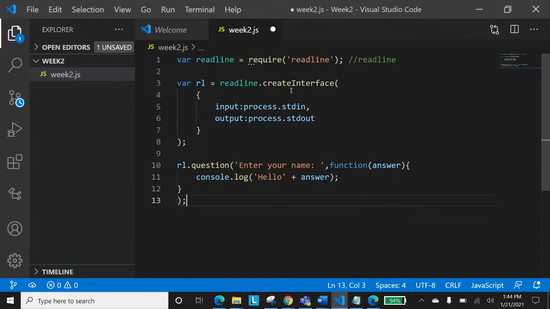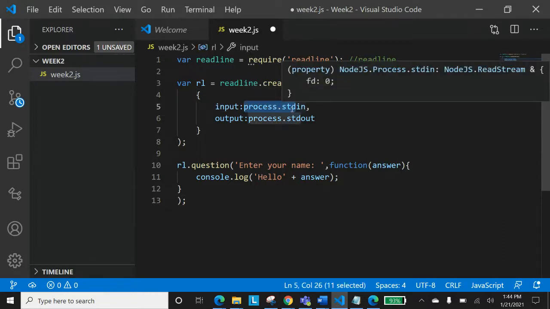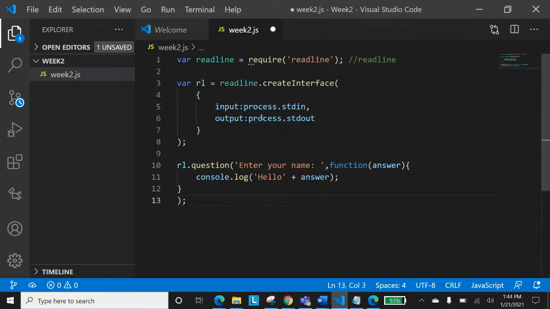First of all, it is creating an interface with the name rl. rl will be created by using the readline method, and that interface will provide us the facility of input and output. And how is it providing that? By using that process module, that giant process module that we have discussed. And by using that, we have used a method called question, rl.question, which accepts two parameters. Now listen about that. The first parameter is the string that we want to show to the user. And the second parameter is called the callback function.